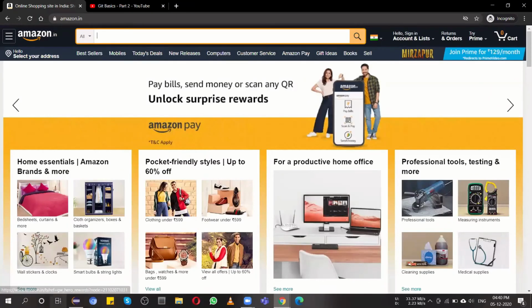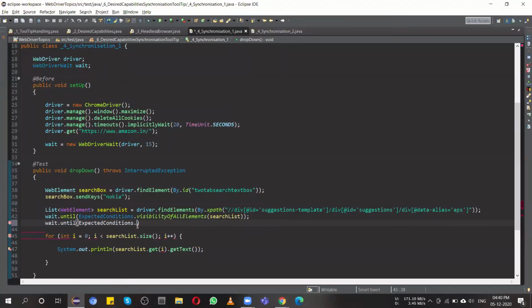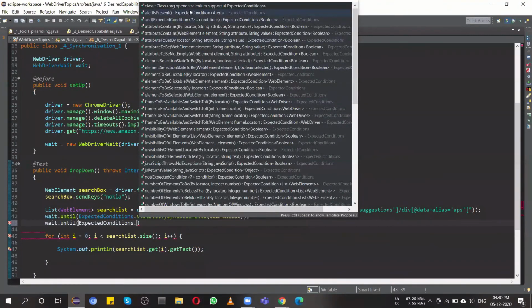For that we have a frame method, frameToBeAvailableAndSwitchToIt. Here you can give the By locator, or the frame number, or the frame name as a string, or a web element. So there are different options for different scenarios. Is alert present? If an alert is present, after that you have to do some specific actions.